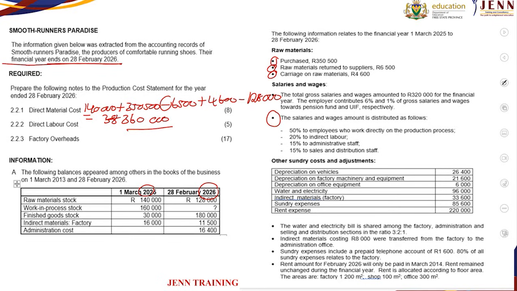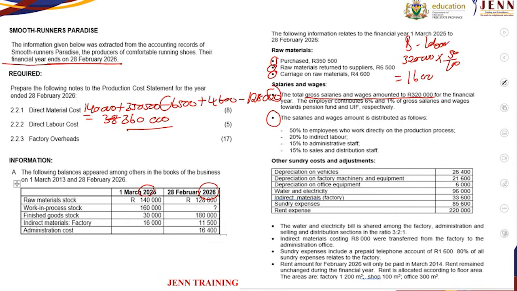But when we go to bullet number 1, it indicates how much the total gross salaries and wages for the year are. As we can see there, for the whole year it is 320,000. This simply means for direct labor, we are going to say 320,000 multiplied by 50 over 100. That will add up to